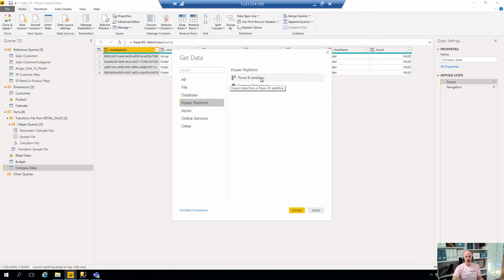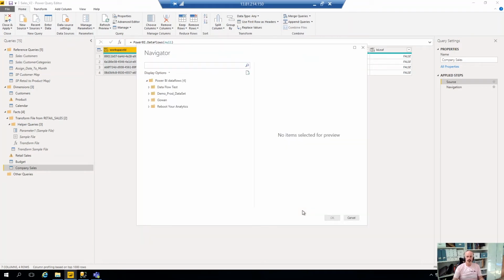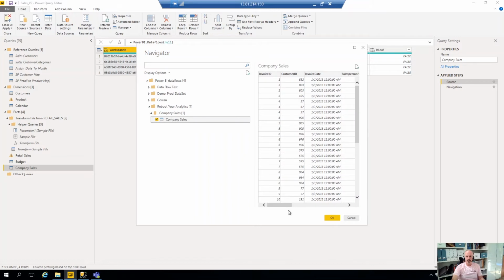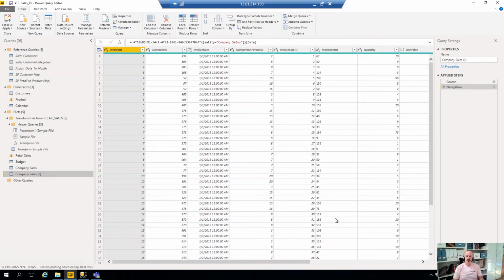click on the Power Platform, and inside here I can see Power BI data flows. I now would connect to that, which makes my connection. It shows me all the data flows that I have. I can go in here, see I've got one for company sales, expand that, and there's my company sales, and we can go OK, and it will just connect up and pull down the blob object behind,